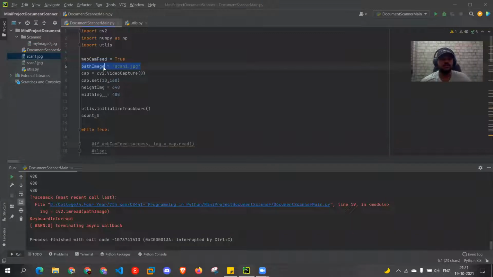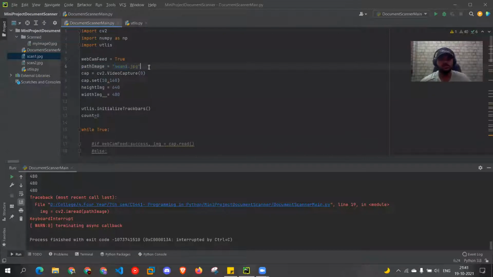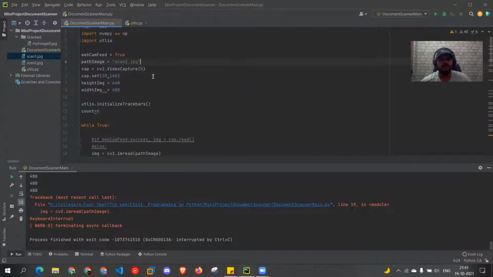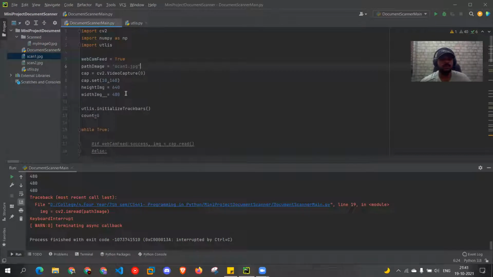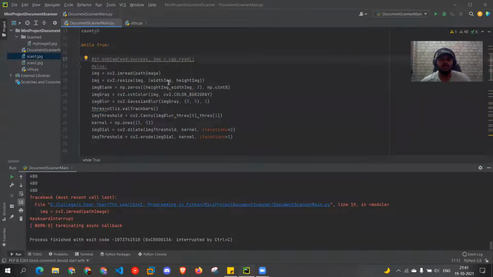That is scan1.jpg, the image. Now we also have initialized the height and width of the image. Then in the while loop, we first create a blank image. Then we are taking our main image from the webcam.